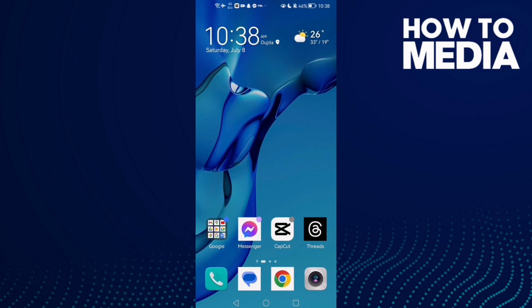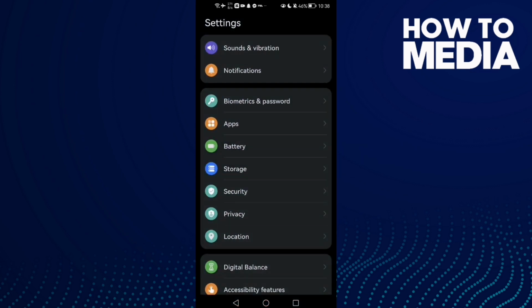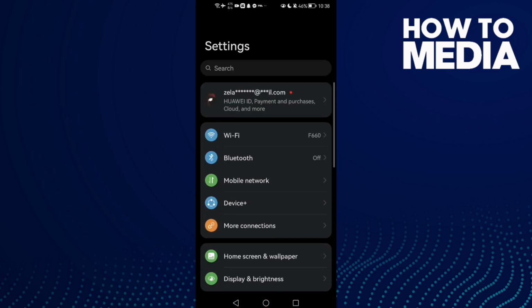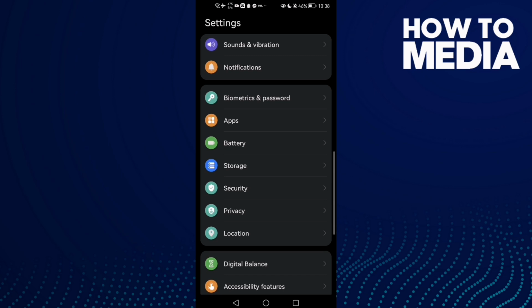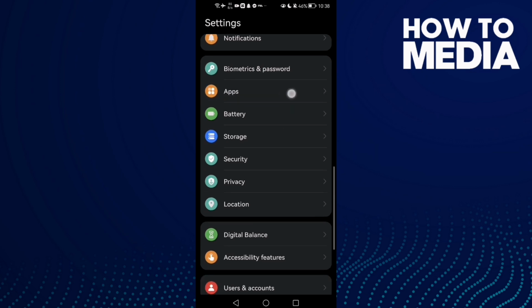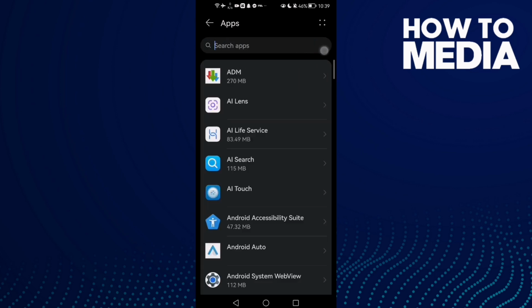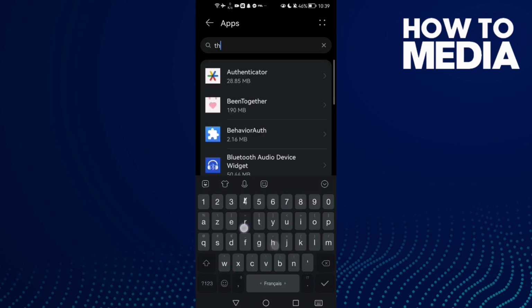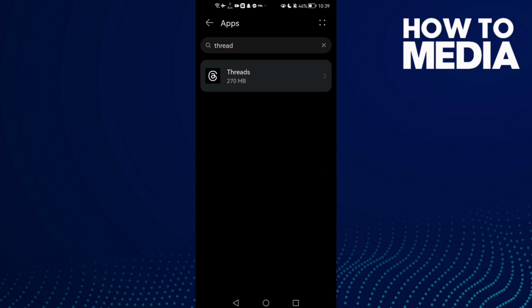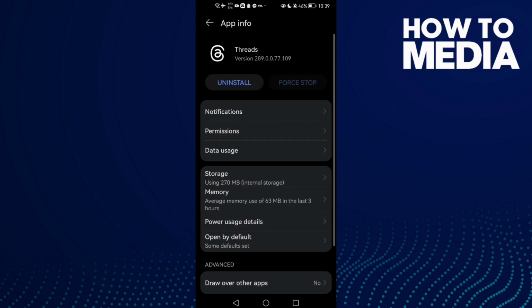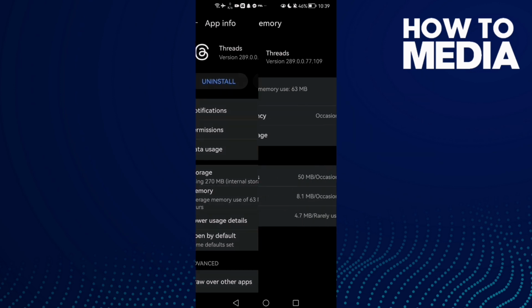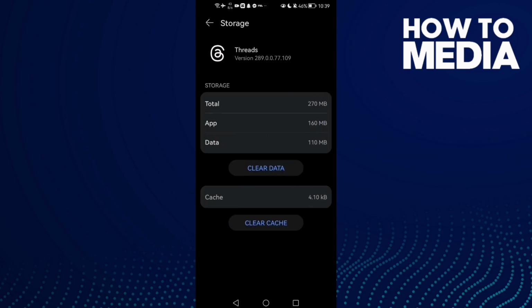If you want to fix it, all you have to do first, just go to settings and then scroll down until you find apps, and then click apps again, and now just search for feeds and click on it. Now once you're here, all you have to do, just click force stop and then go to storage and then